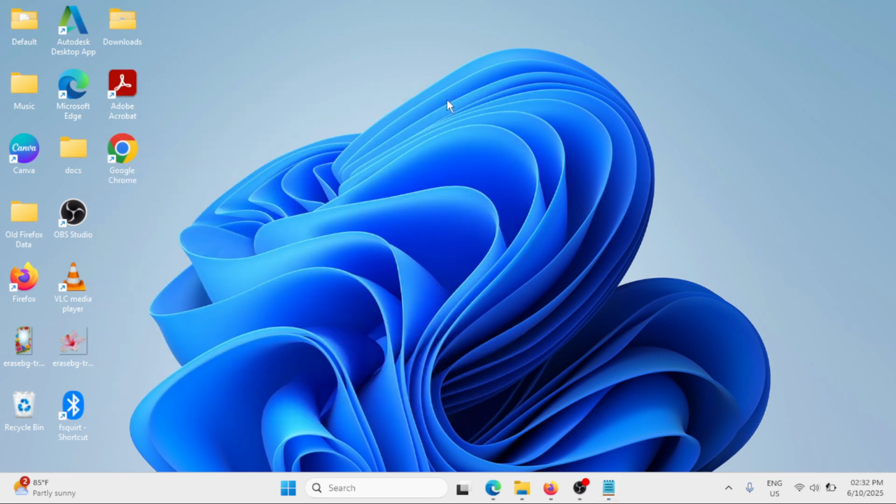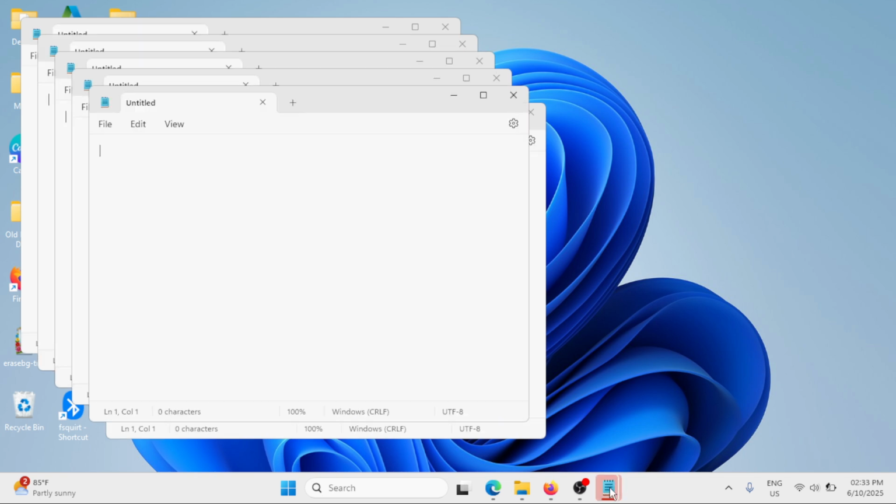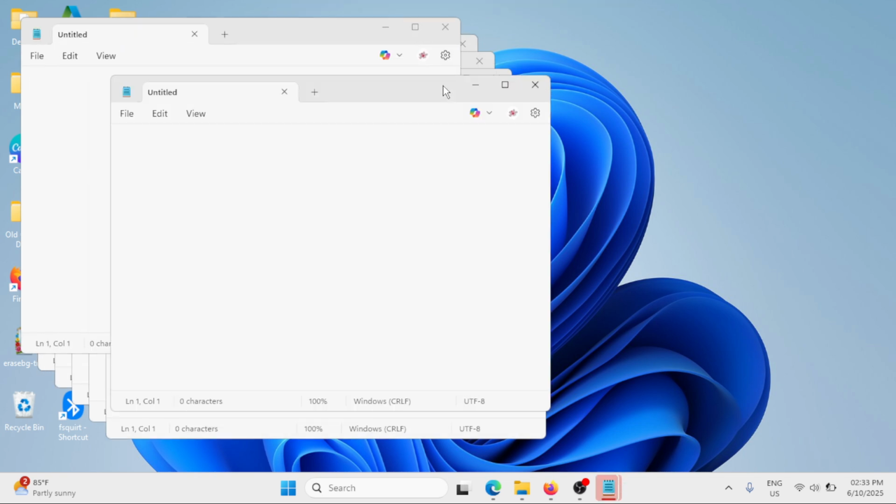Second method is once you have opened your program and it is right here on the taskbar, what you can do is you need to press the Shift key on your keyboard. So let's say for example, I have this Notepad opened, and then on the taskbar, locate the Notepad, and then you have to press the Shift key on your keyboard and then click for how many times you want to open it. Shift key and then 1, 2, 3, 4, 5, 6, 7, 8, 9, 10, and this will open a lot of instances, or multiple instances, of Notepad on your Windows 11. So as easy as that, you can do the ways that I have shared with you.